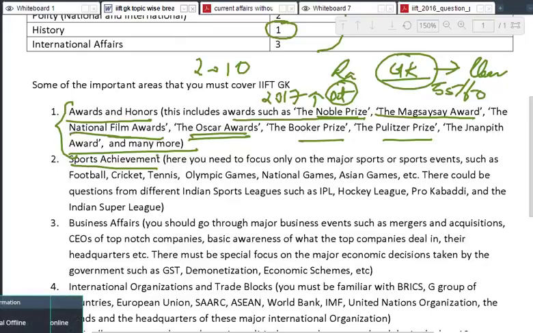So anything, see, you have to prepare. I know that anything can come under the sun. But the point is that if at all you have to prepare, you must keep these things in mind, because these are the primary things that you must focus on. The rest might be secondary or not so important.